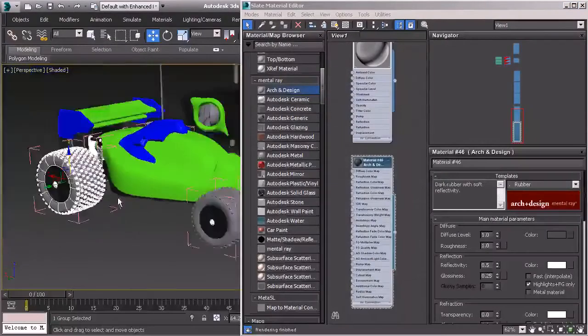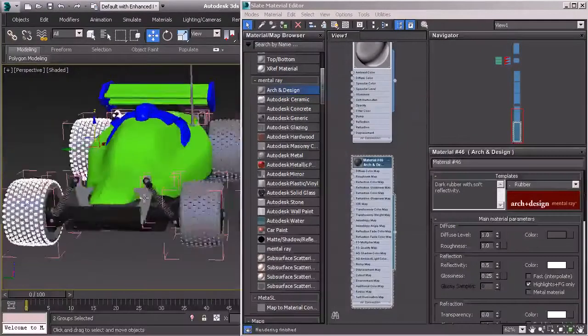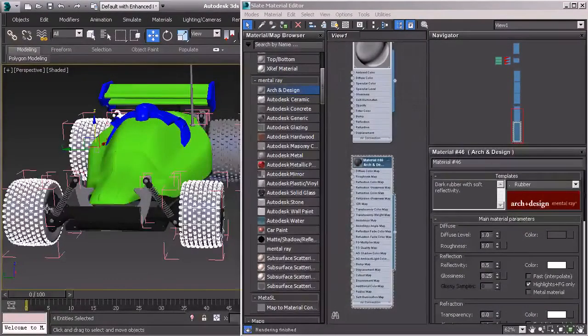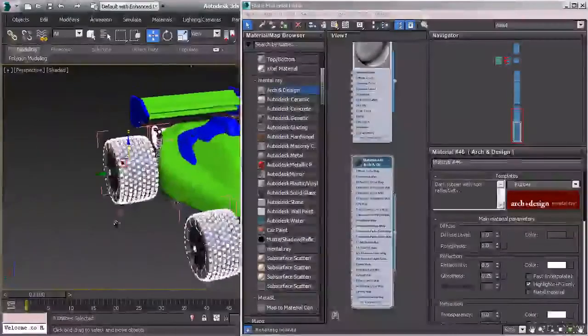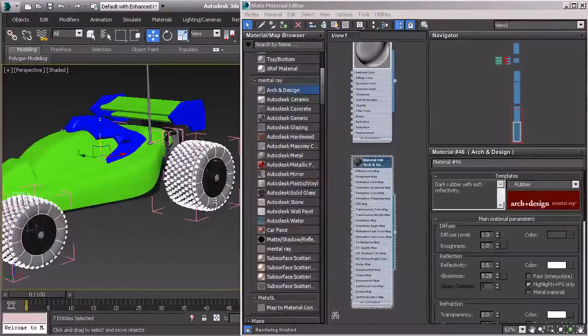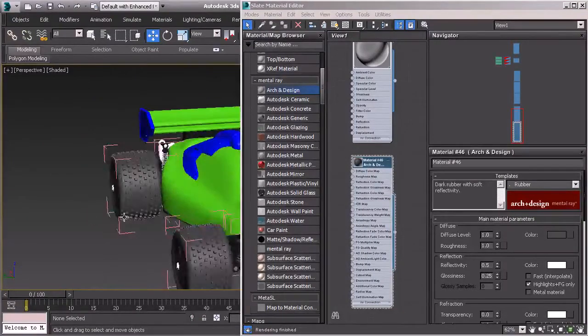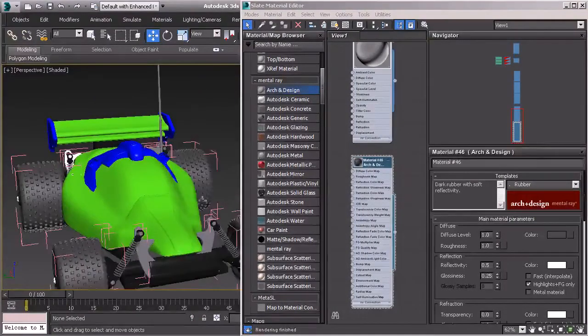And I'm going to select my tires and apply those all the way around. Okay, so let's make sure that we have the tire treads, the tire itself, and then we'll assign that. So that has now been assigned, and you can go through and start to fill out the rest of those